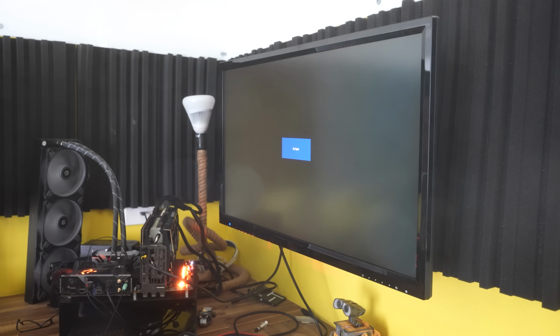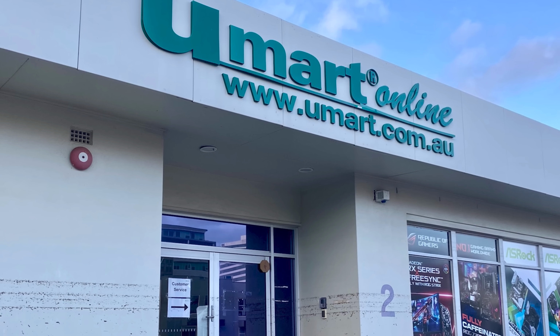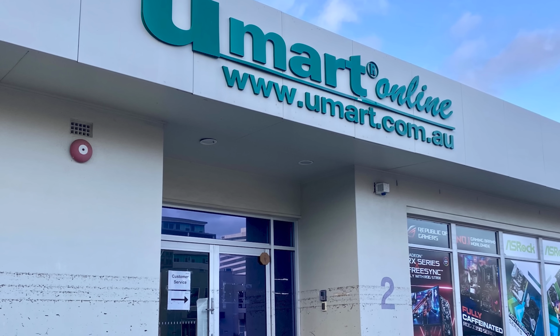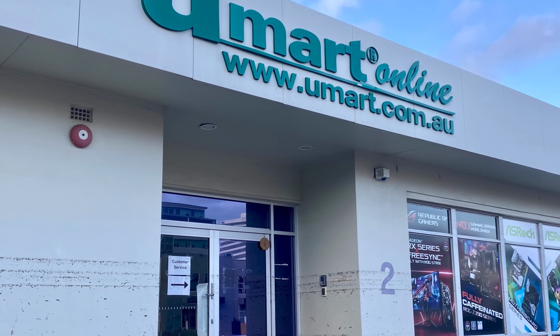Here's where the process started for me. Basically, I had the problem, the card was faulty. I then took it into where the person that I bought it off on the secondhand market bought it from. In this case, they bought it from a retailer called Umart, and they're one of the biggest PC parts retailers in Australia, and their warranty cycle is such that you